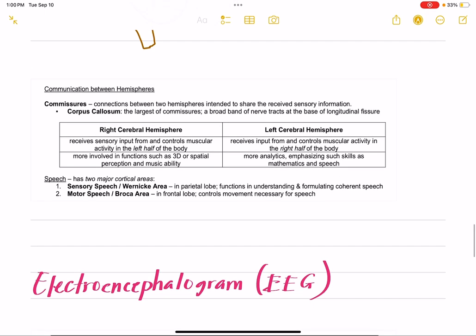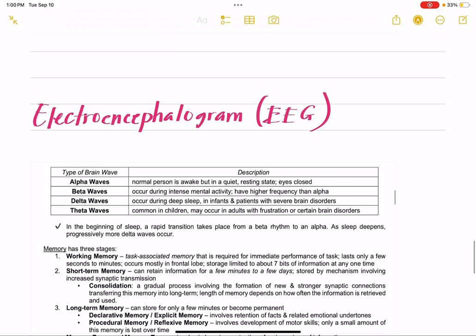So, speech has two major cortical areas. Number 1, the sensory speech or Wernicke's area in the parietal lobe, functions in understanding and formulating coherent speech. The motor speech or Broca's area is in the frontal lobe, and it controls movement necessary for speech. Okay, sensory is parietal, motor is frontal lobe. Okay, so next is